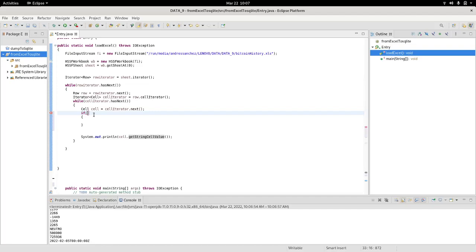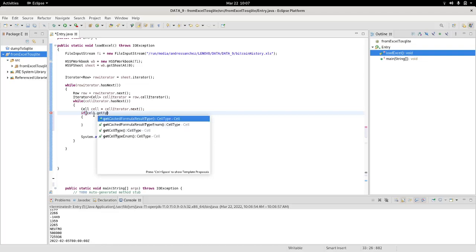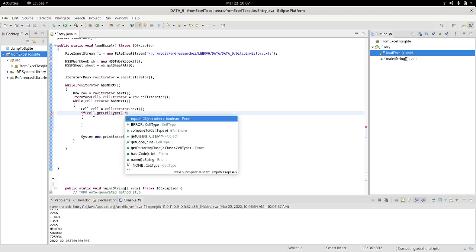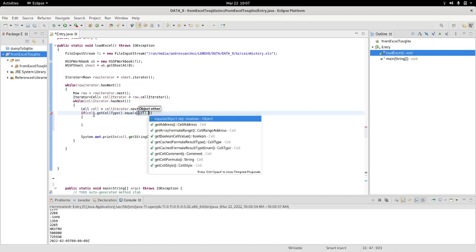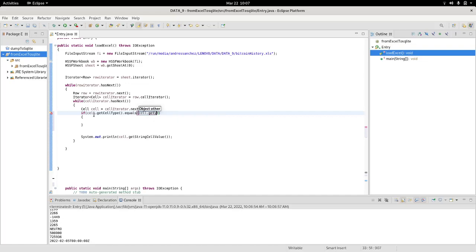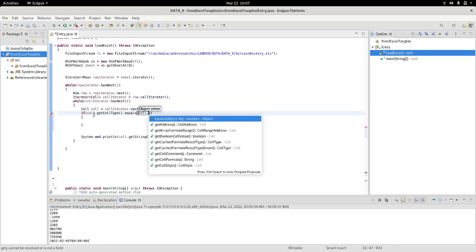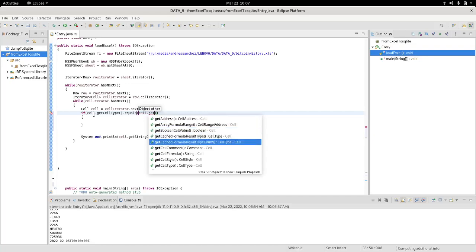So if cell get type, cell type equals, again cell get type, so we need to get the type right, cell type